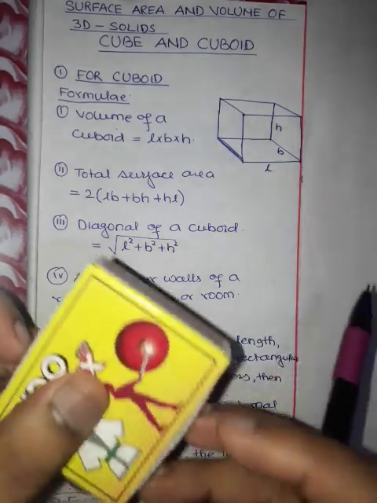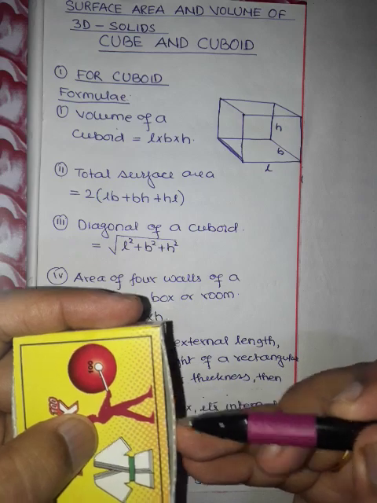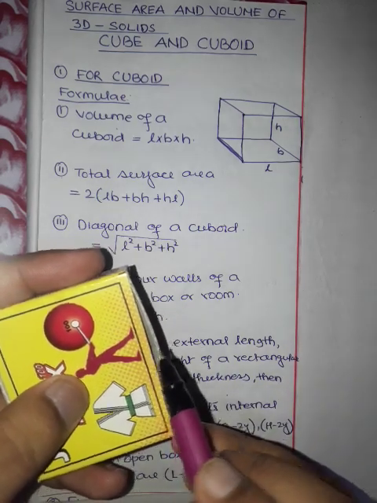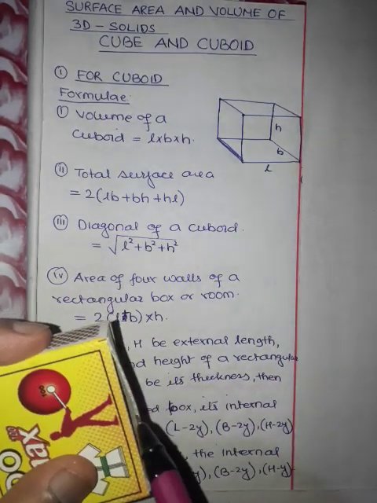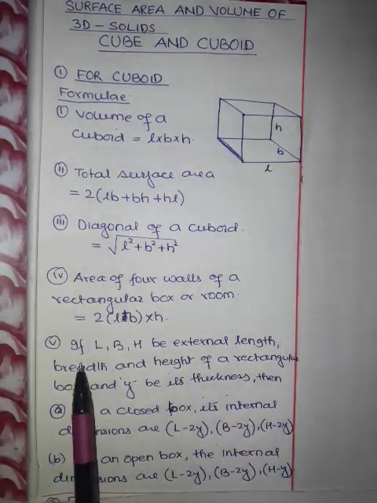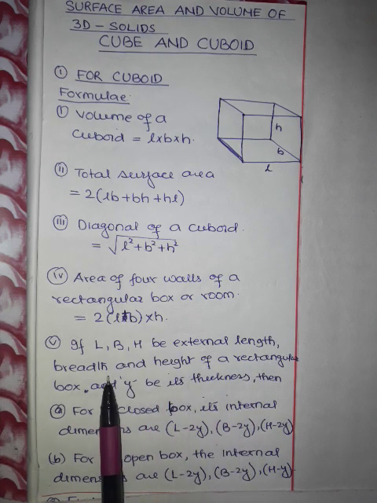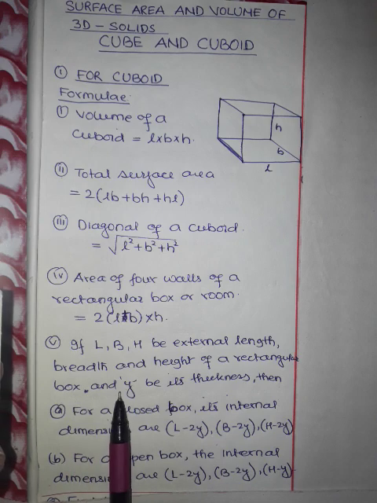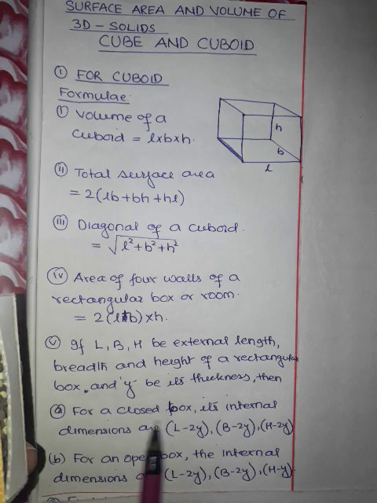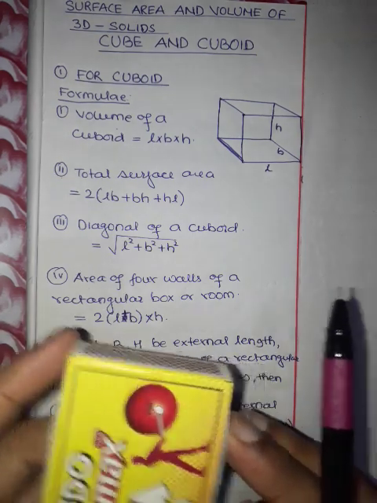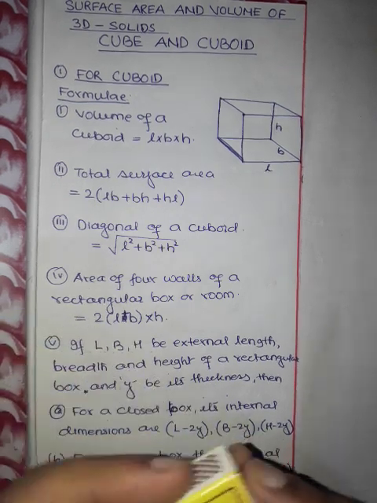Suppose a box is there, like say in this case you can see at least this much thickness is there. So this is known as the internal length and this is known as the external length. If L, capital B, capital H be the external length, breadth and height of a rectangular box, and small y be its thickness, then for a closed box, so this kind of box is known as the closed box, its internal dimensions,